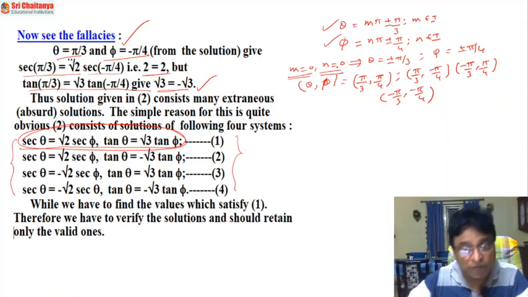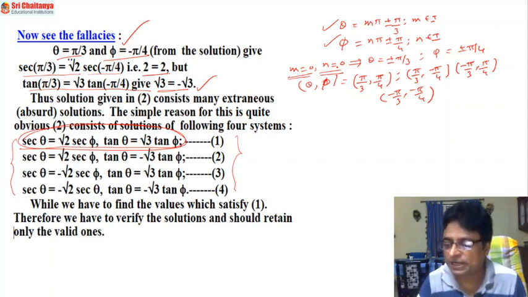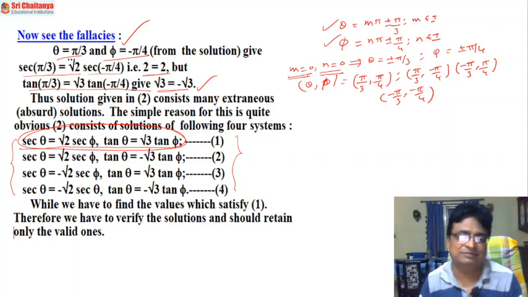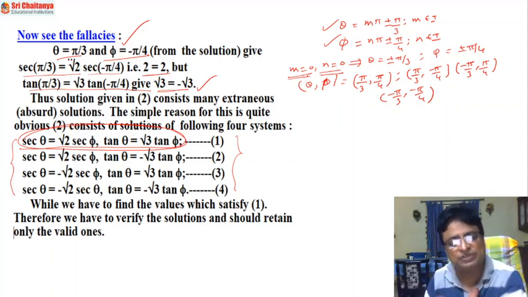Of that, how many of these theta and phi satisfy the given set of equations? And another point, if m is equal to 0, n is equal to 1. If m is equal to 0, n is equal to 2. If m is equal to 0, n is equal to 3. See, just now I am concentrating on the positive or non-negative side. What about the negative side? If m is equal to 0, n is equal to minus 1. If m is equal to 0, n is equal to minus 2.